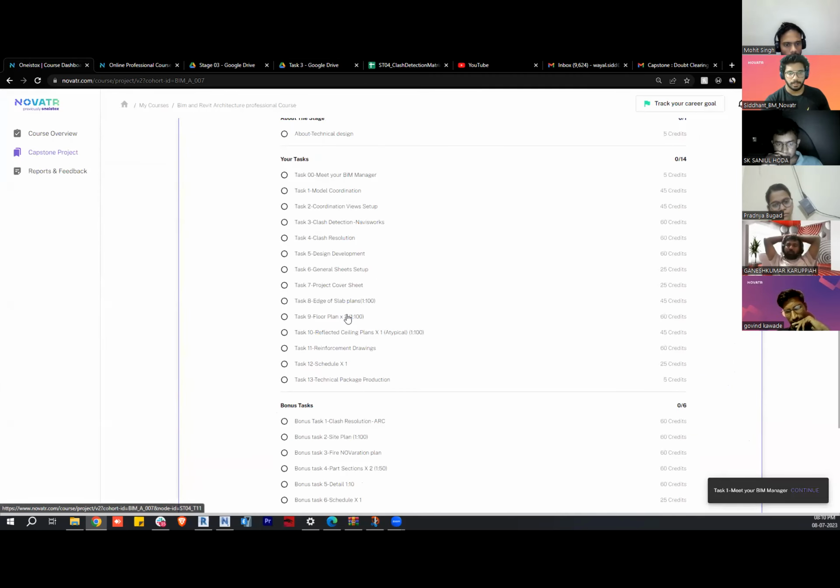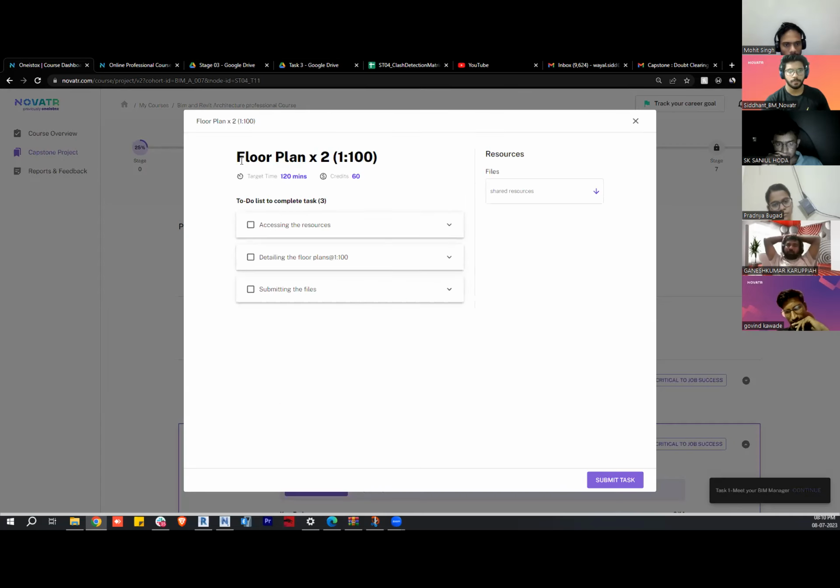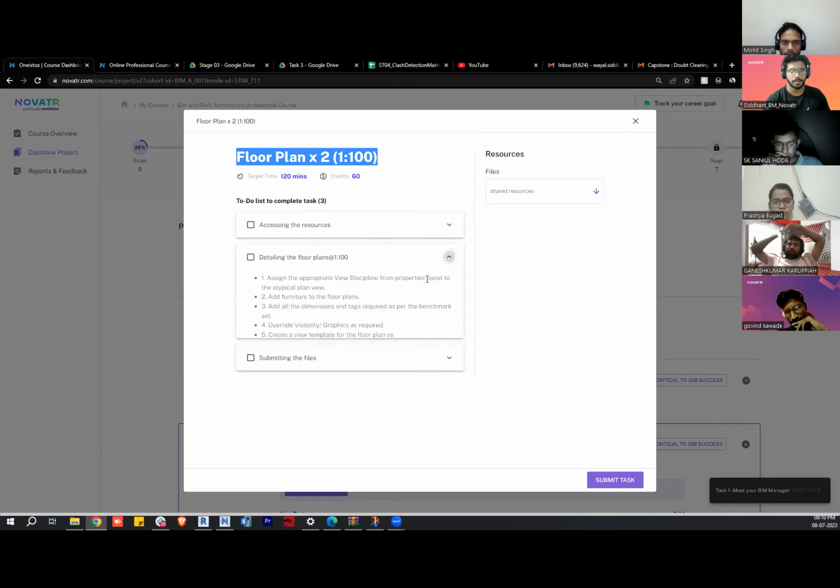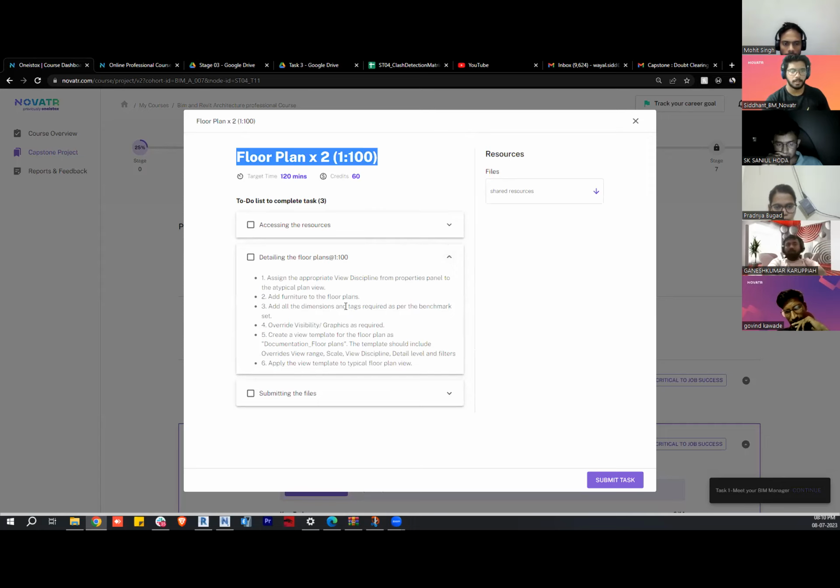Let's just discuss everything real quick first, then we'll go into detail. Task number 9 is floor plan. Now you'll wonder, we have already created a floor plan, why create it again? But it's a little different. Last time we created a technical plan. It included all the dimensions, all the tags, etc. But here we are just going to have